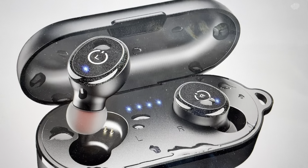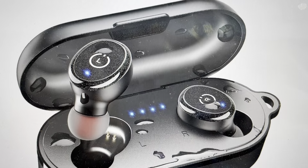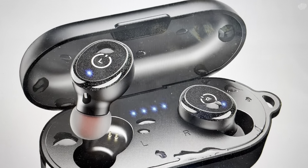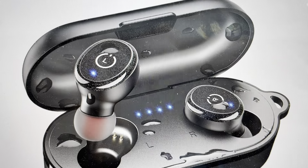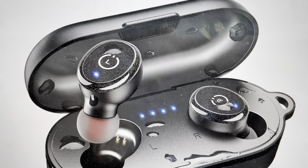Hey everybody, this is a real quick video to tell you how to do a hard reset on a TOZO T10 Bluetooth wireless earbuds in case you are having issues like sound is only coming out of the left ear, sound is only coming out of the right ear, the earbuds won't stay connected, the earbuds won't connect. All kinds of issues like that, bugging and glitching, can be fixed with a simple hard reset, and it's very